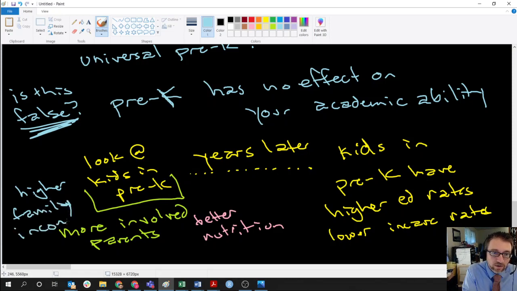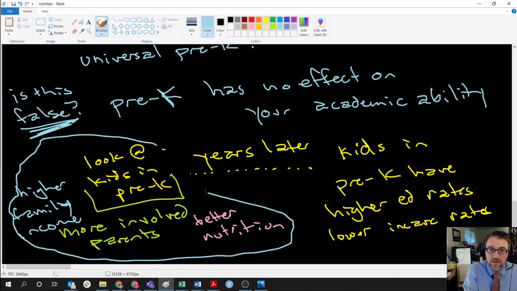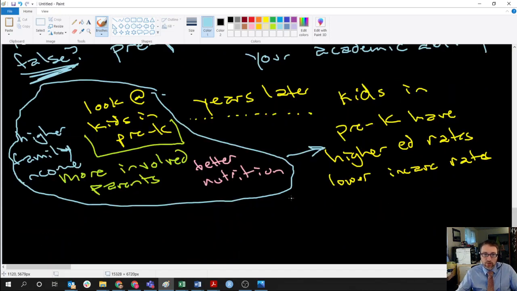Okay, so instead of looking at pre-K, we now have a cluster of features that do yield, like we can say something in here is causing higher ed rates and lower incarceration rates, but we can't know if it's the pre-K or not. And so microeconomics in particular